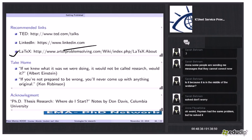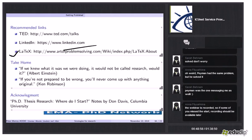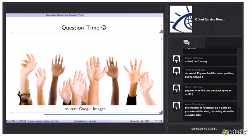And about research, if you are not prepared to be wrong, you'll never come up with anything original. There is an excellent piece of writing on where to start or strategies of research by Don Davies from Columbia University. I think it's a very good piece. You might also want to have a look at it. Now it's time for